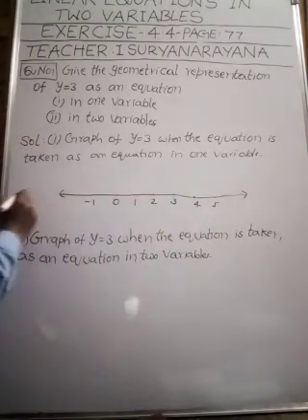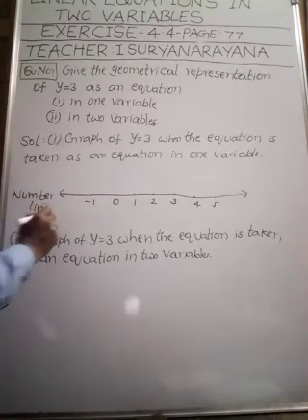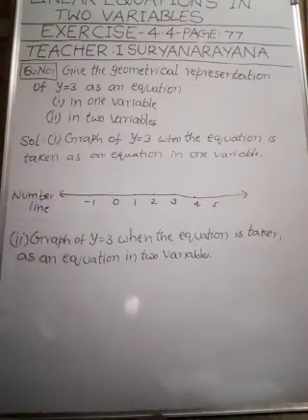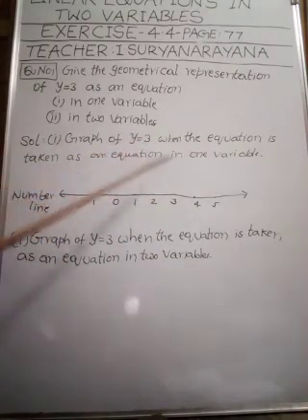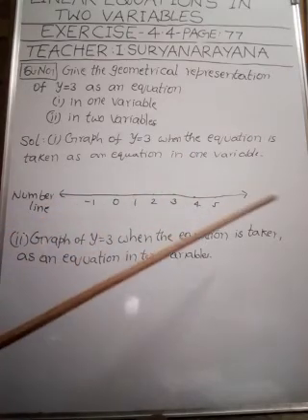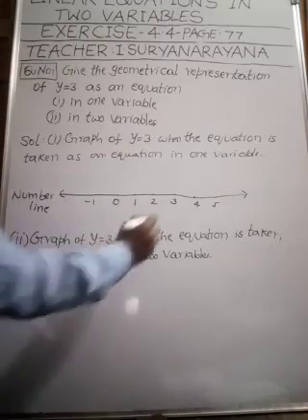Here minus 1. This is the number line. No need to take the x-axis and y-axis because we are assuming that this equation is an equation in one variable. That's why we take only one line. That is the number line. So on this number line,